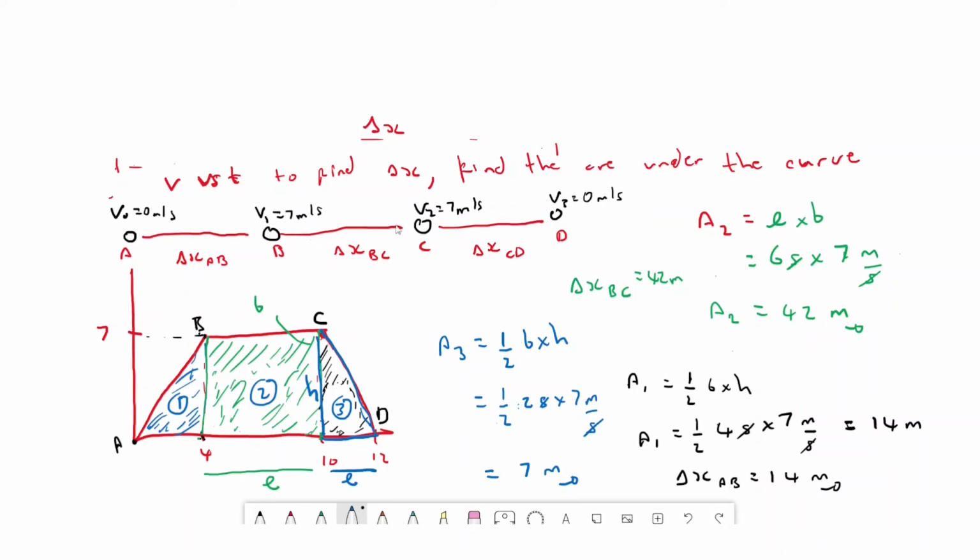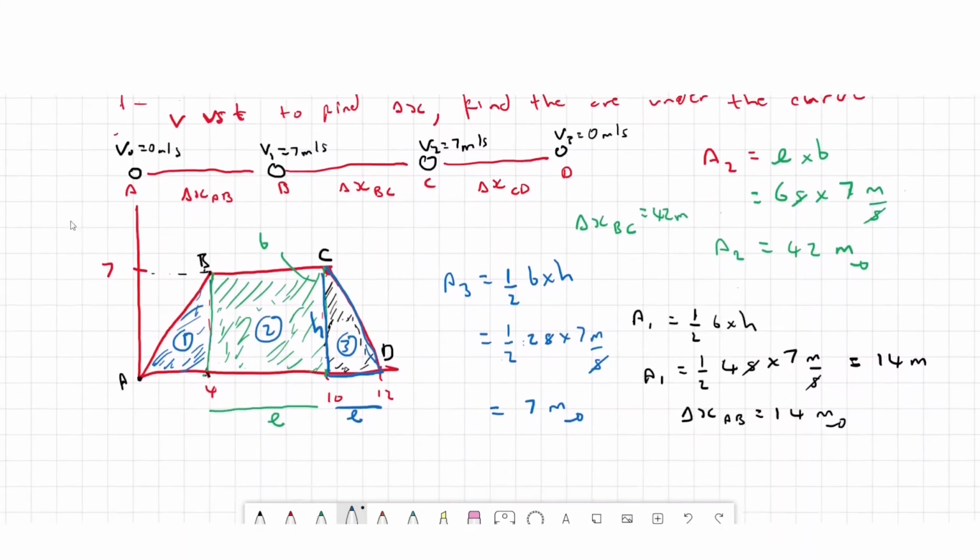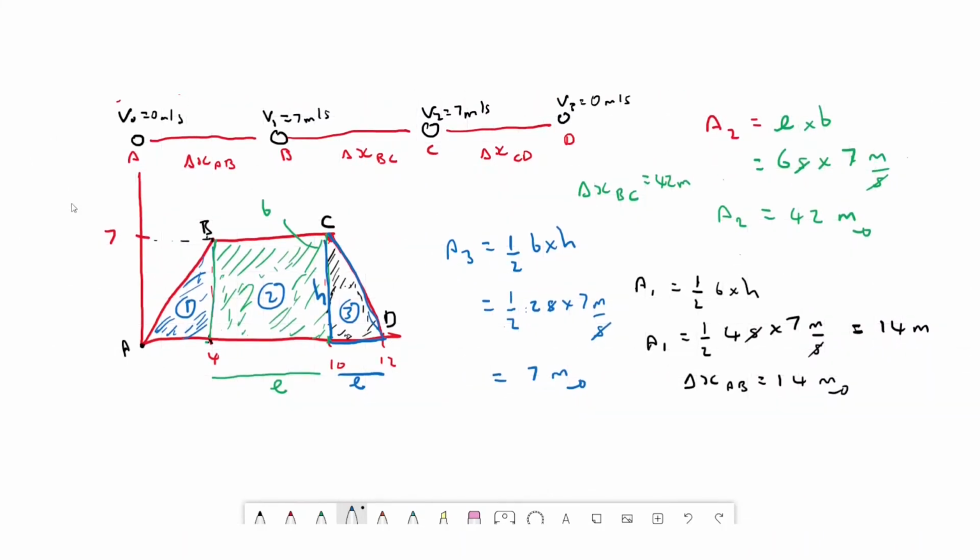When it was moving at a constant velocity, it covered a displacement of 42 meters. When it was slowing down, it covered a displacement of 7 meters. Now, if you are asked to find the total displacement for the whole motion from when it started to when it ended, you can simply say the total displacement delta x is going to be delta x AB plus delta x BC plus delta x